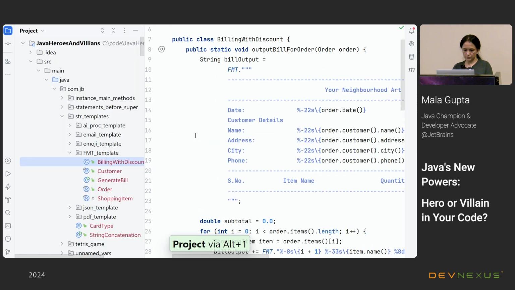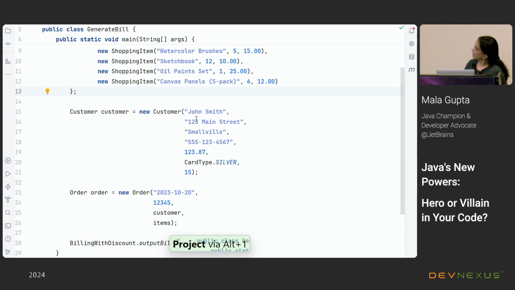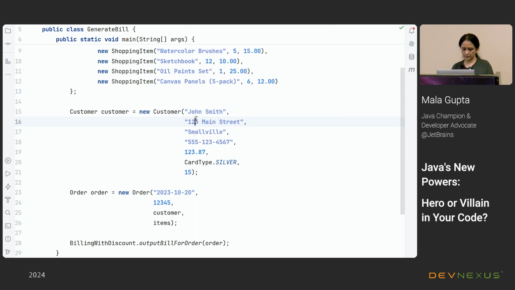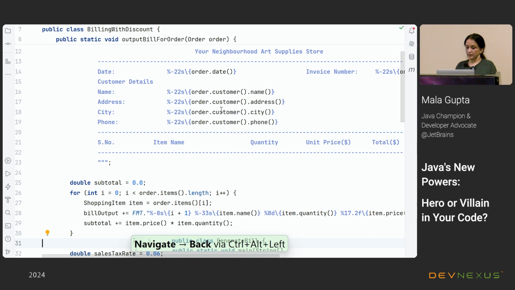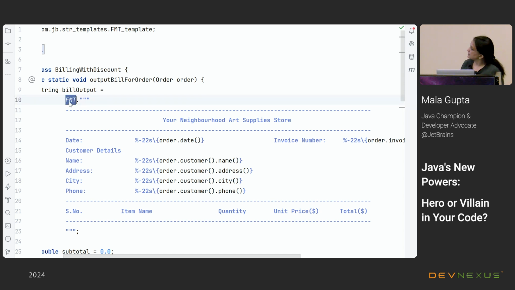The record goes in the GenerateBill class. So here I have values for all the records that I want to call and generate that bill on. And if I go back to the class GenerateBill, this one has the magic of the FMT template processor. This is the processor name which comes in the Java API, and this is a text block.